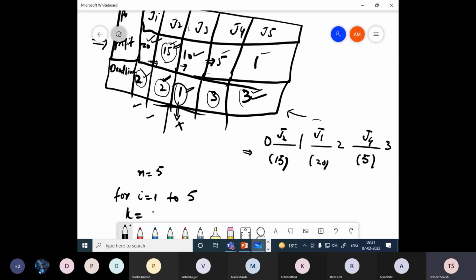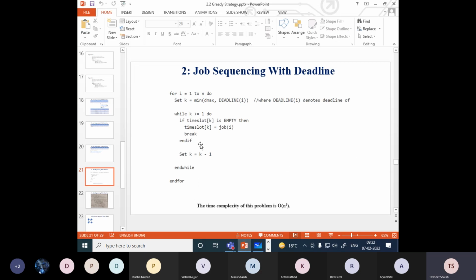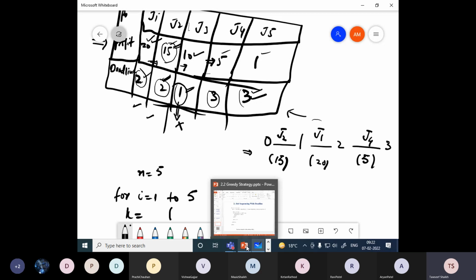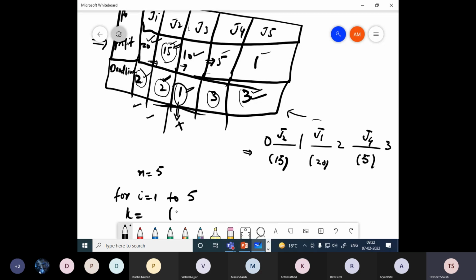So k value will be equal to how much? Initially, it will be equal to d of max. Go inside the brackets, d of max. D of max means the maximum deadline of the jobs. Here, every job will be stored in an array and the maximum will be calculated, and that's 3. So inside it will be equal to 3 maximum,